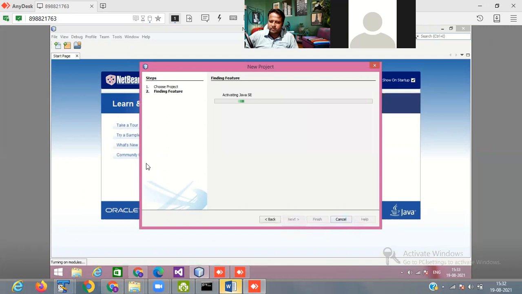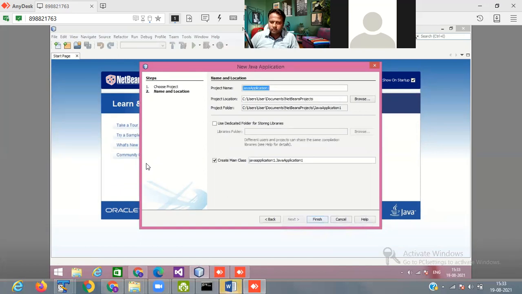Next, here I give the application name. Suppose demo package. The application name is demo package.